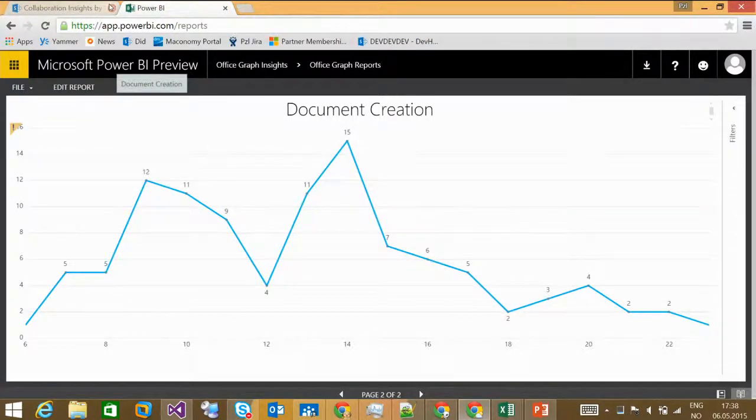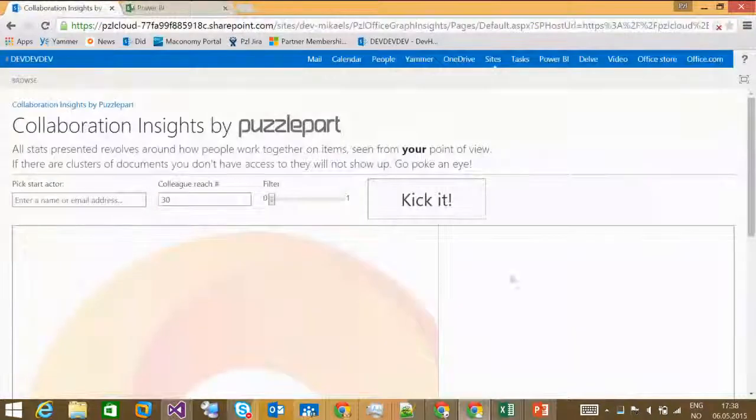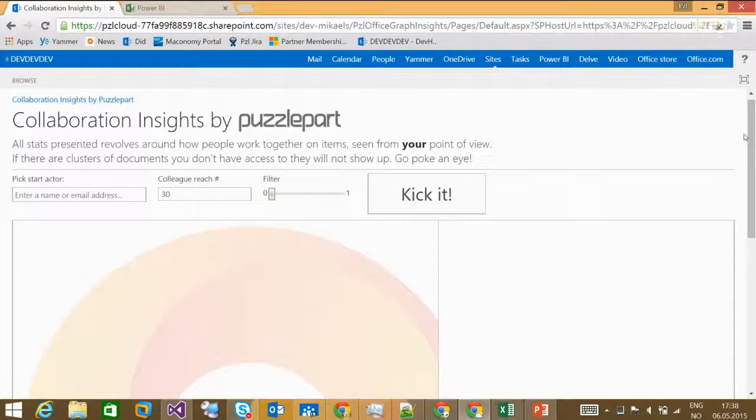So, I actually created an add-in or an app. Collaboration Insights by Puzzlepart. What I decided to do was to look at collaboration edges. That means if I have authored a document and Waldex authored the document together with me, we're co-authors, and that's a good thing, right? You shouldn't author documents by yourself. You should have someone review those documents. And if they write their comments in emails, they shouldn't do that. That's stupid, right? Because that's information lost. Everything should be in the documents. Inconvenient, right?